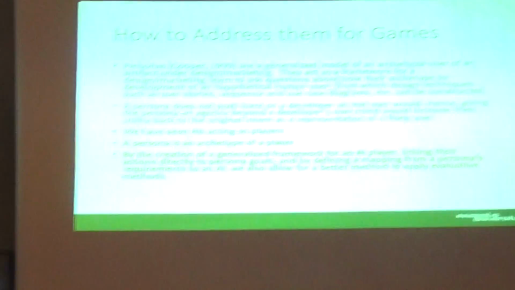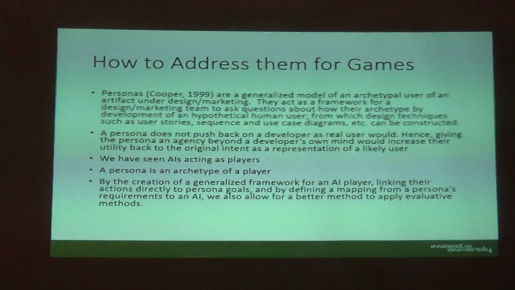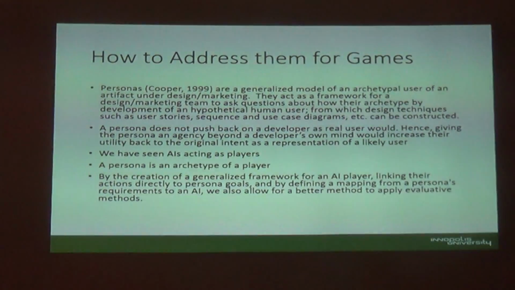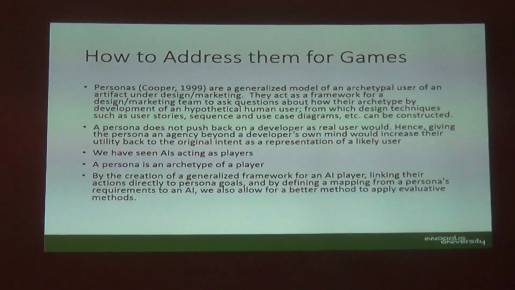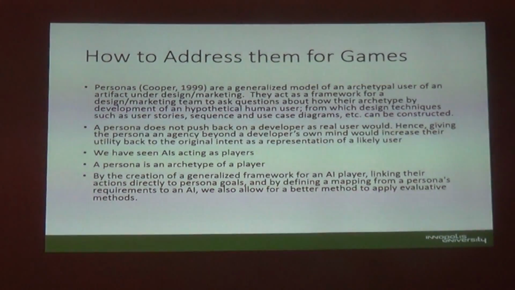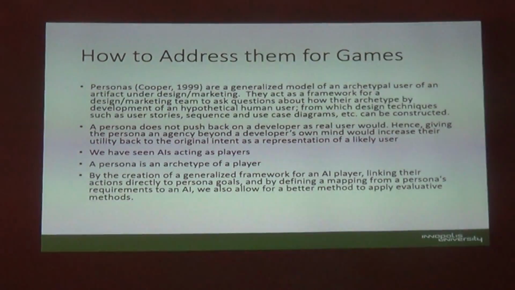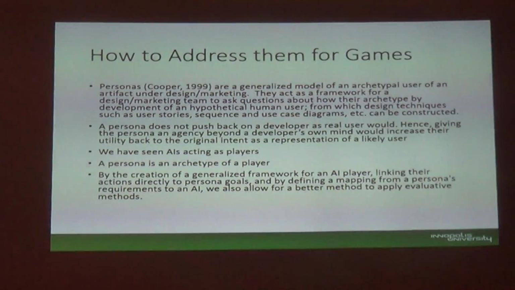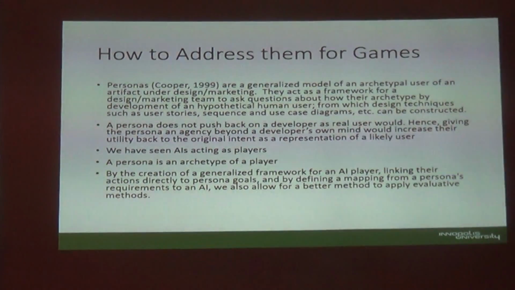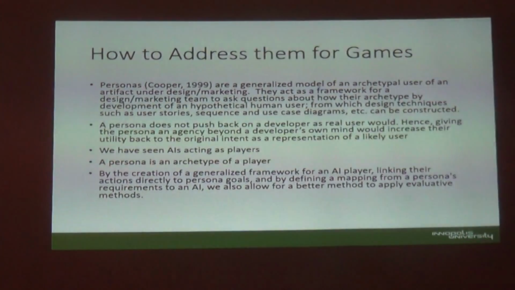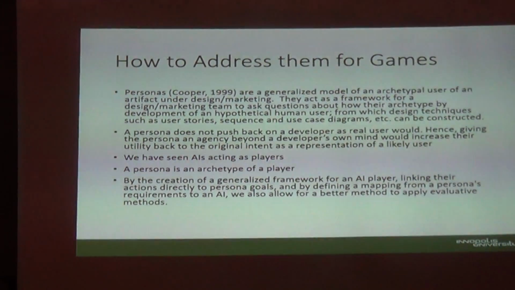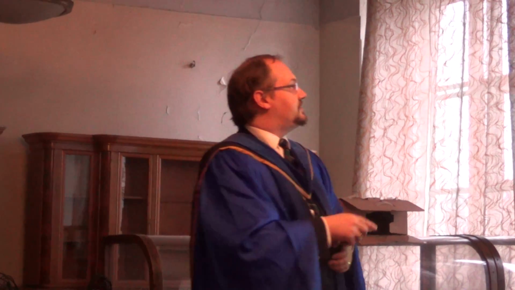AIs, artificial intelligences within games, acting as the player in that place, could also do that. Could also be this physical thing. So a persona is an archetype of a player, and AIs can act as players. So the idea is for every persona, we implement an AI that is equivalent to the persona. If my persona is Susie, who likes to go around dungeons killing everything, then we create an AI that does just that, that aims for that as its goal.